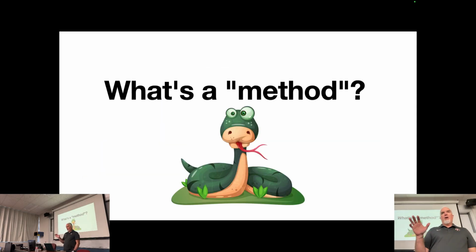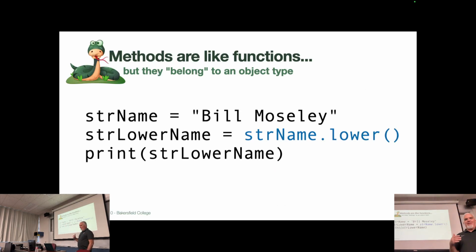Methods are similar to functions. Okay, so methods are very similar to functions. The biggest difference is that a method belongs to what we call an object or a variable or a thing. Methods belong to something. Okay, and that something, the generic term for a something in a programming language, is typically